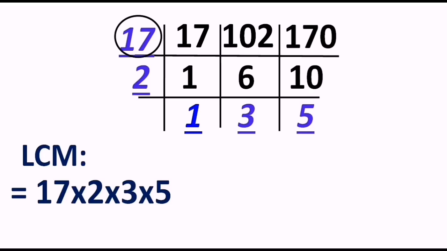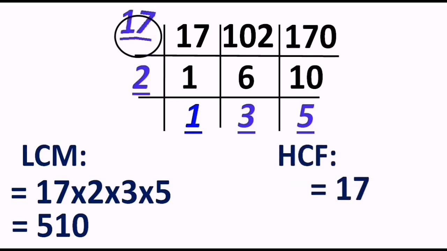So that's why you can skip it, and that makes our answer 510. Okay, so the question is how to find the GCD, and the way I told you, we have to take only those numbers which are dividing all the numbers, and those numbers are nothing but written in the circle, right? So the HCF of the given numbers is nothing but 17, because 17 is dividing all three numbers, that is happening only once, and so 17 is my answer.